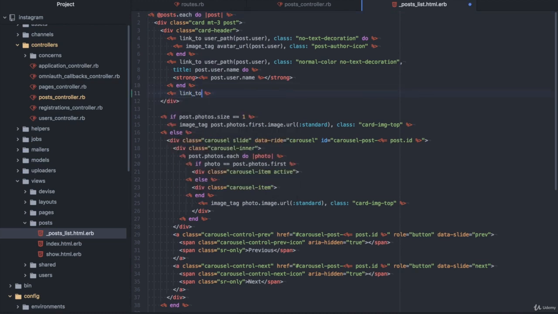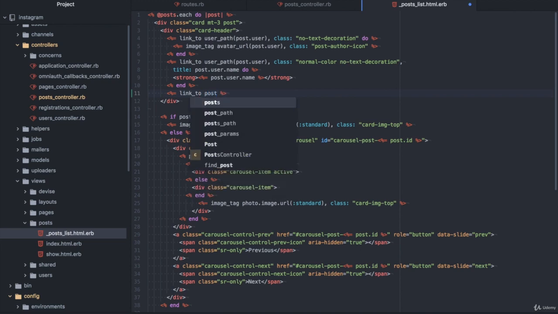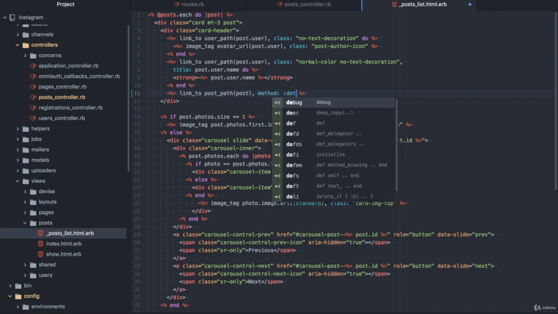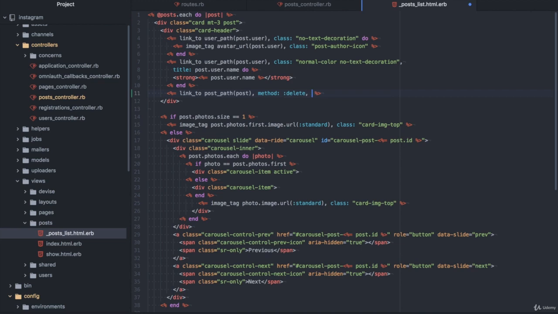Link to post path post, method delete, class margin left auto delete post icon, margin left and right 0 and margin top and bottom auto